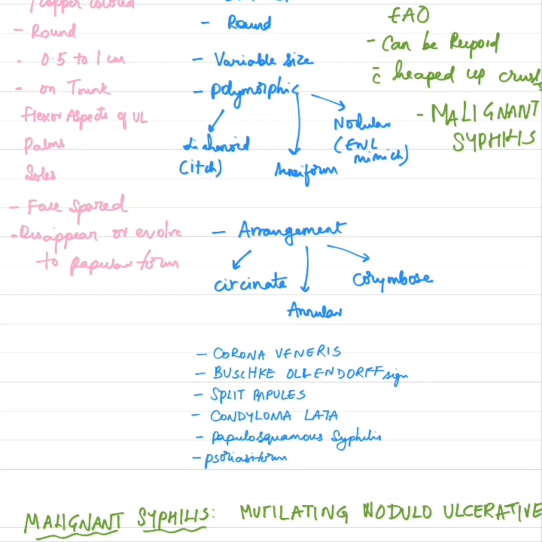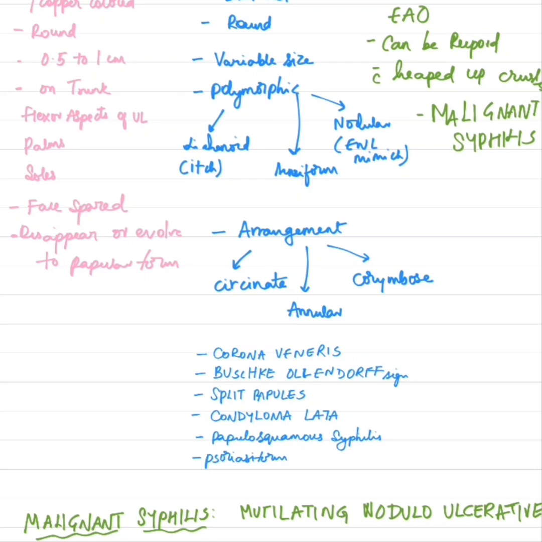So in warm, moist areas such as the intertriginous areas, the papillary syphilitic lesions proliferate, they coalesce and they form large fleshy moist masses which are flat topped and have broad bases, and due to maceration they appear greyish white and may be eroded. So these are known as condyloma lata or flat lesions of syphilis. These condyloma lata at the angles of the mouth or nasolabial folds and even behind the ear are eroded and fissured and are known as split papules.